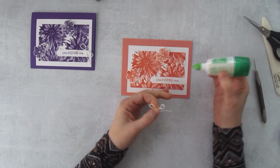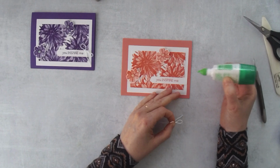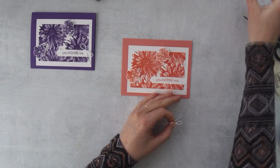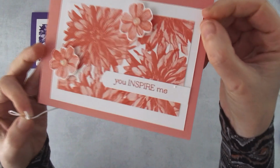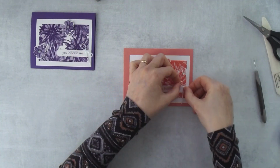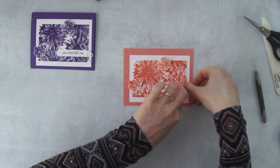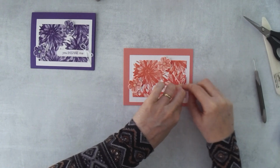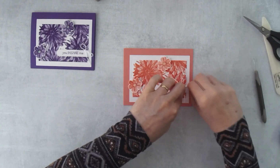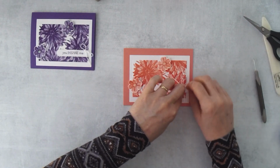So I like to use Tombow to attach Baker's Twine bows because it actually sticks quite well. I like it better than even a mini glue dot. So I'll just put a little dot, let me see. Can you see that little tiny dot? That's all I put on there. And then I position my knot over top of that. And then I will hold this down for a few seconds because I want those fibers to grab and mesh